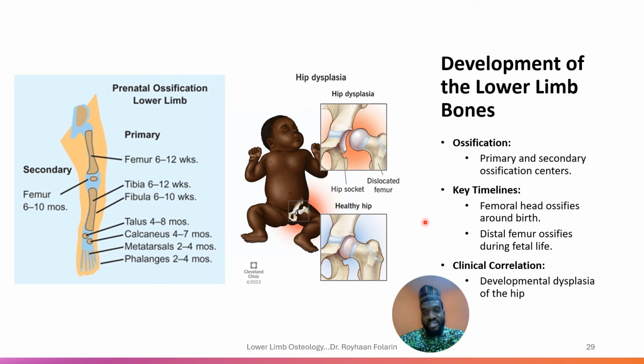An important clinical correlation, like I alluded to at the beginning of the lecture, is developmental dysplasia of the hip, right? This is where the femoral head fails to align with the acetabulum. Here is the healthy, normal hip. In some children, unfortunately, the femur is dislocated. Look at the hip socket, look at the acetabulum. So this is dysplasia, where the femoral head fails to align with the acetabulum,